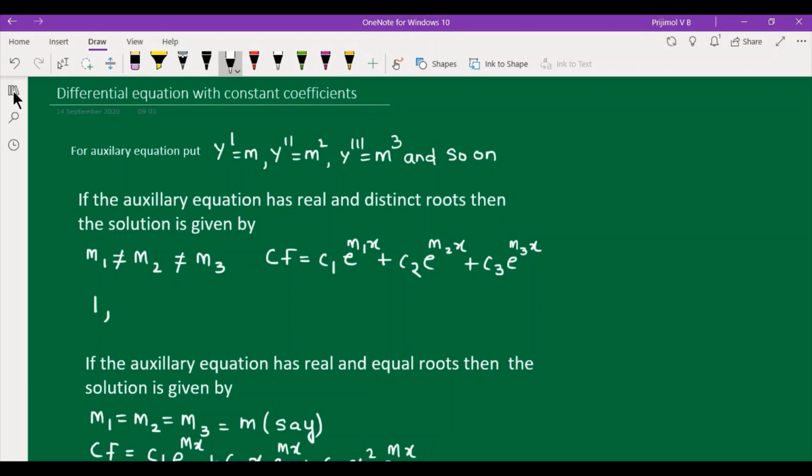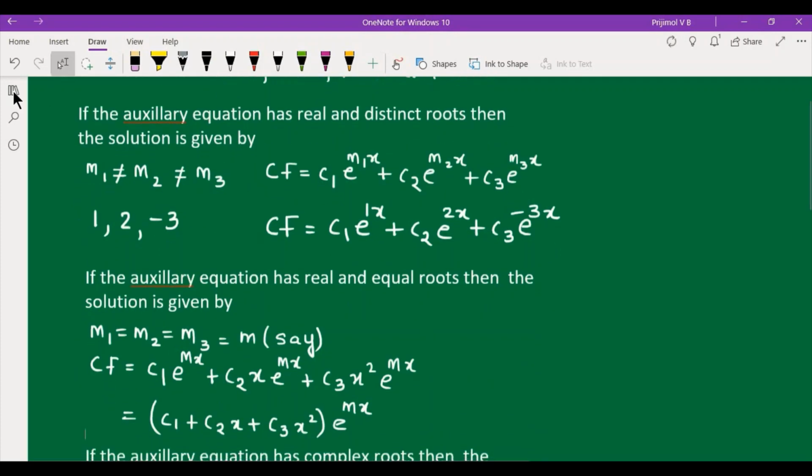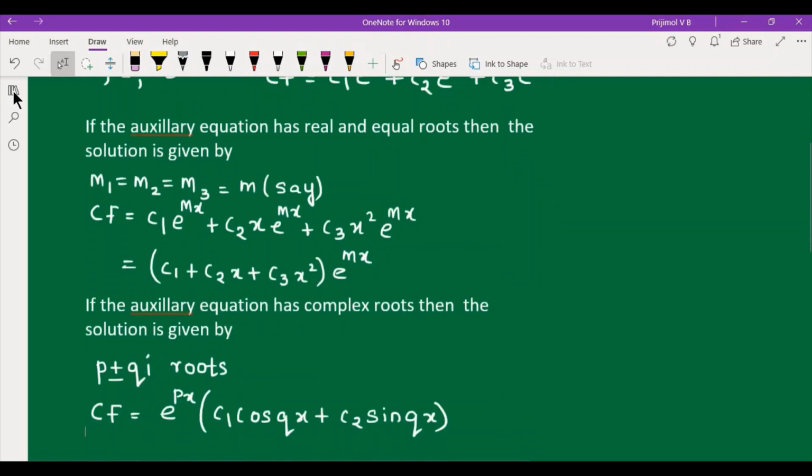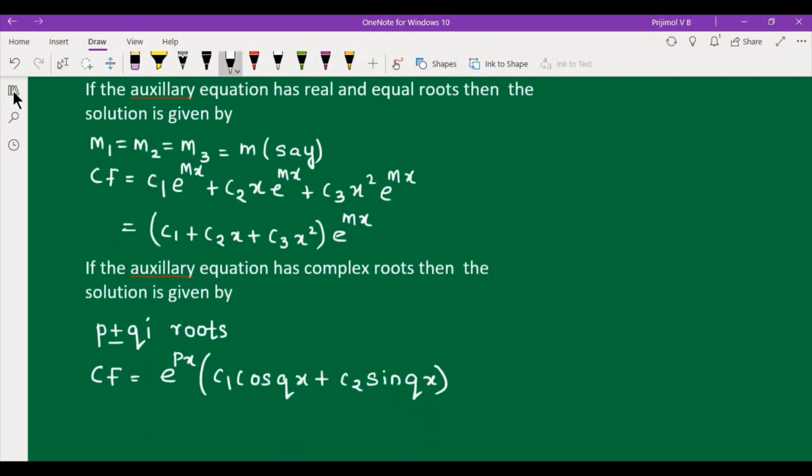Let me give you an example. Say these are our roots, all different. The complementary function will be c1 e raised to 1x plus c2 e raised to 2x plus c3 e raised to minus 3x. Similarly, if we have equal roots, say m1 equal to m2 equal to m3, let us call it m,